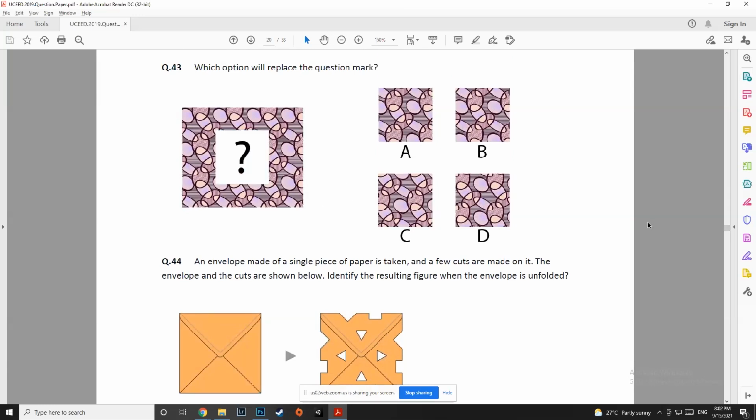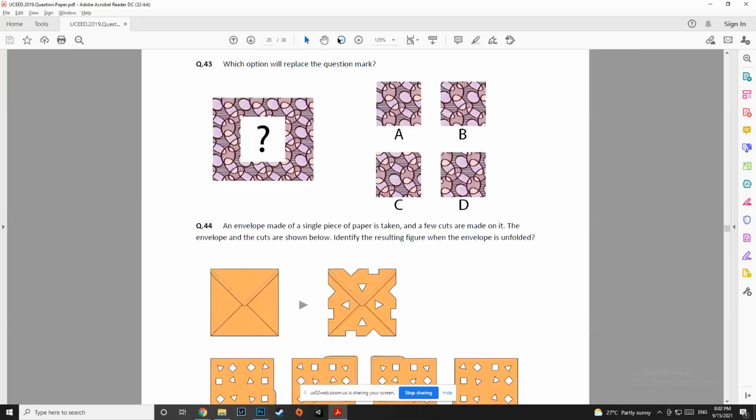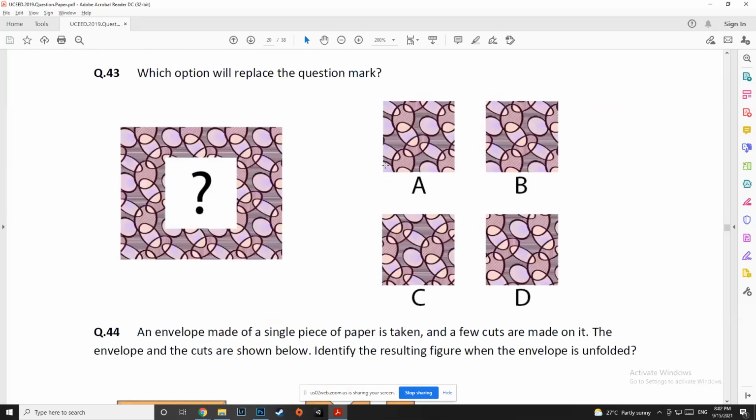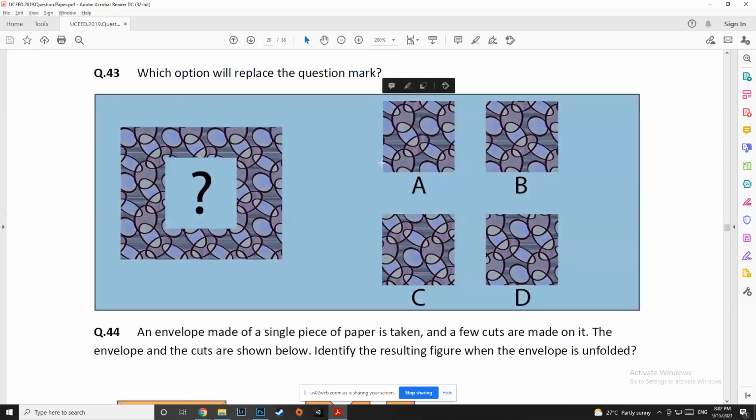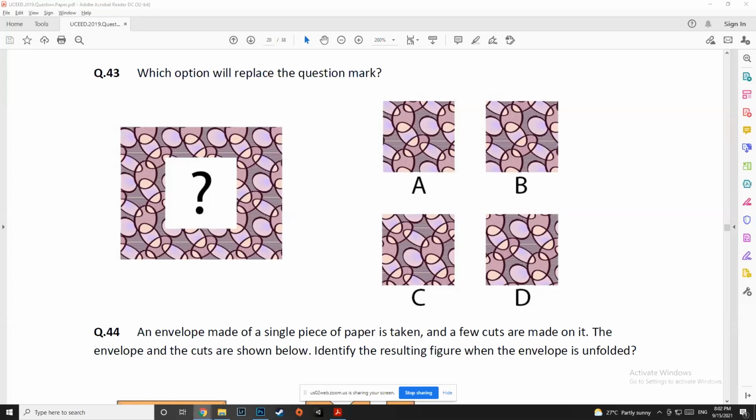So can somebody tell me what is the missing pattern here? Quickly, can somebody tell me what is the missing pattern here? B. Okay, most of you. I think we come to multiple choice questions now where only one correct answer is there. So if you look at B, there should be some skin colored and some purple colored capsule here, which we can see skin colored here, purple colored here, which is not there in D. The skin colored one is not there in A. So A and D are eliminated for sure.